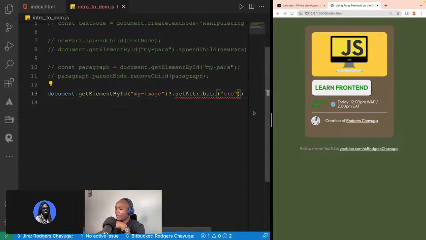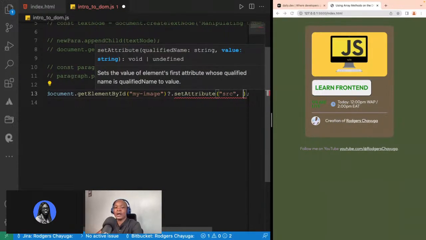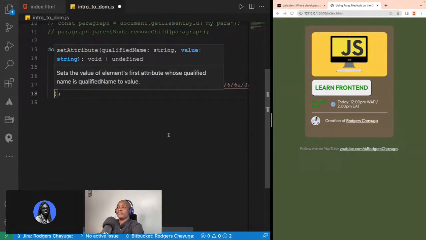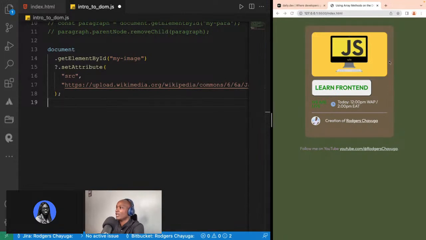So we are going to have the source, and we are going to have the link to the image that you want to change. Now look at the image right now. We want to change it. We've already selected the part that you want to change. We've already selected the attribute, and we are now giving it the source. So when we save,